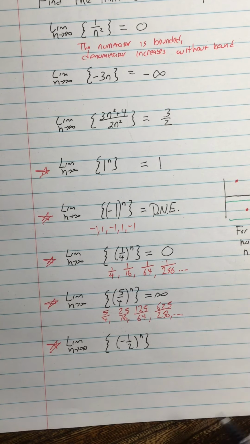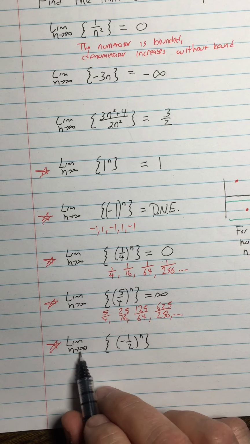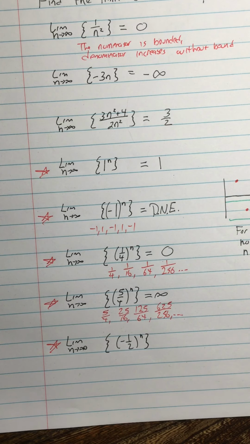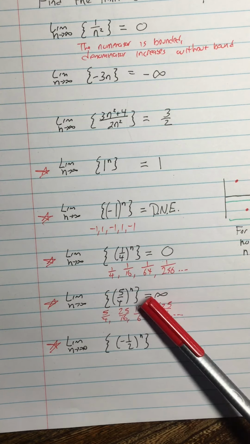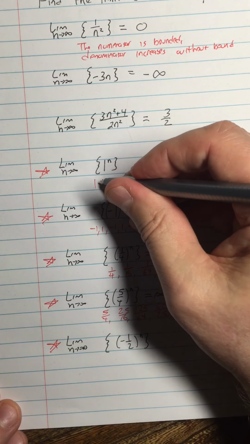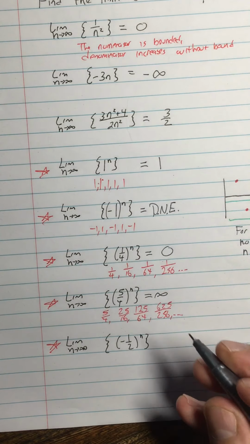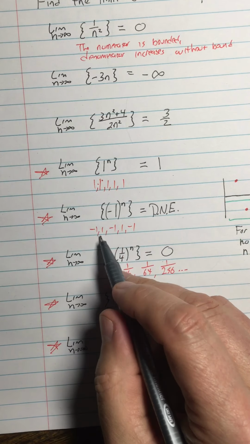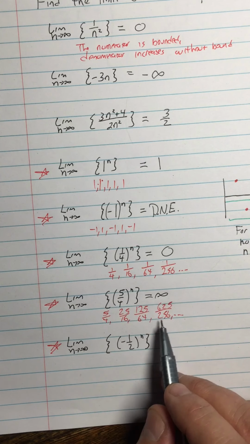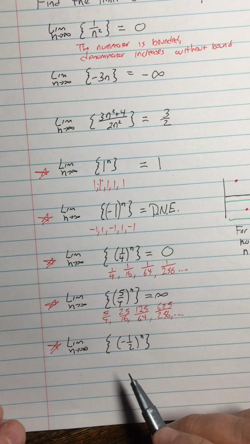All right? Okay. Now, the limit as n approaches infinity of negative 1/2 to the n. What is negative 1/2 to the n? By the way, all these are geometric sequences, aren't they? This one's a geometric sequence with r equals 1. Sorry, I put extra dots, but it just goes 1, 1, 1. This is a geometric sequence with r equals -1. This is a geometric sequence with r equals 1/4. This is a geometric sequence with r equals 5/4. And this is a geometric sequence with r equals -1/2.